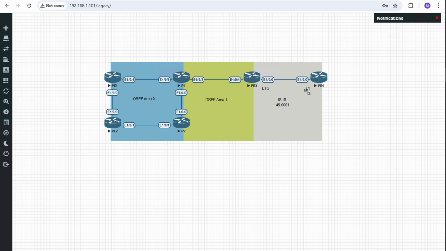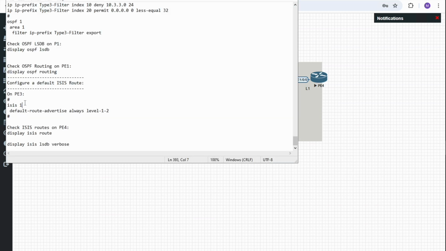a level 1 router, and the level 1 router is not able to receive all details outside of its area. So having a default route on PE4, all traffic received with unknown destinations will be forwarded using the default route to PE3. This is the script needed on PE3: system-view, isis 1, default-route-advertise always level-1-2. These are the commands that have to be done on PE3 so that PE3 is able to send a default